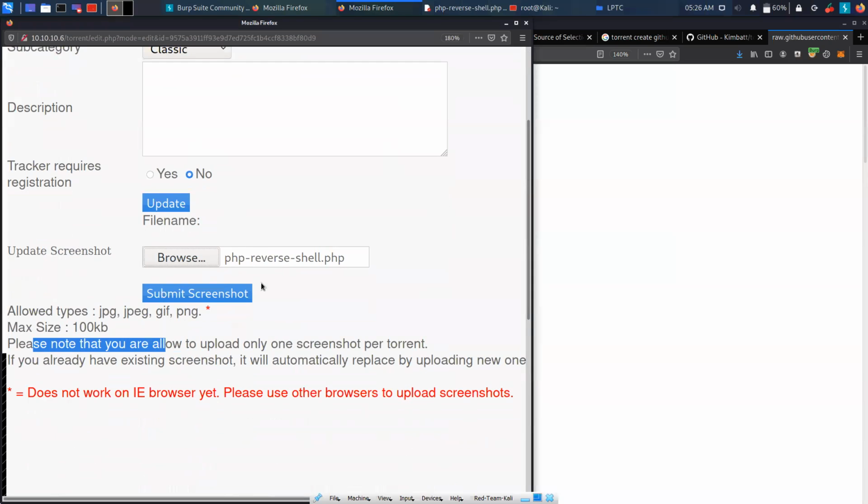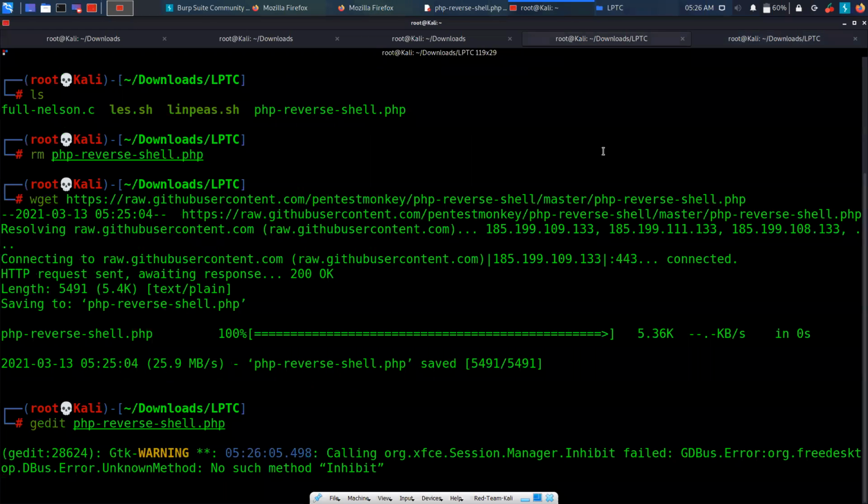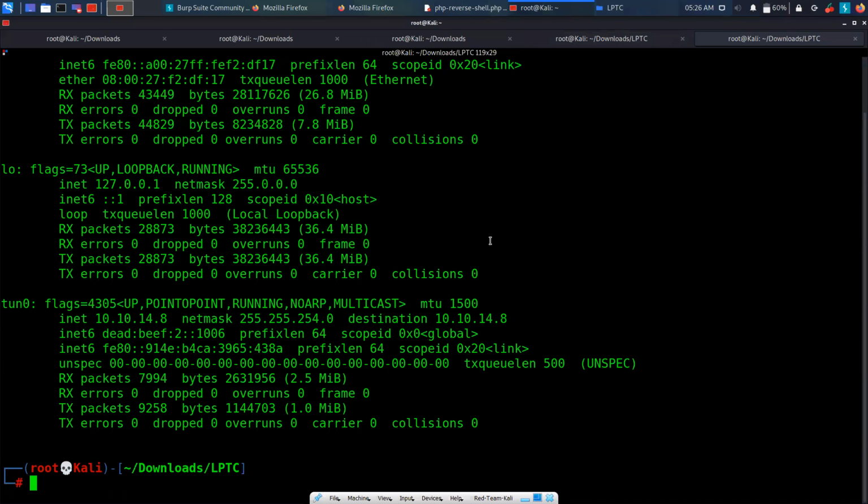We click on it, but before submitting, we also need to start our listener. A listener is basically a thing which will help you catch the reverse shell back. We can also use Metasploit over here to create a listener, but we will be doing this without Metasploit, and you will see it's much easier.